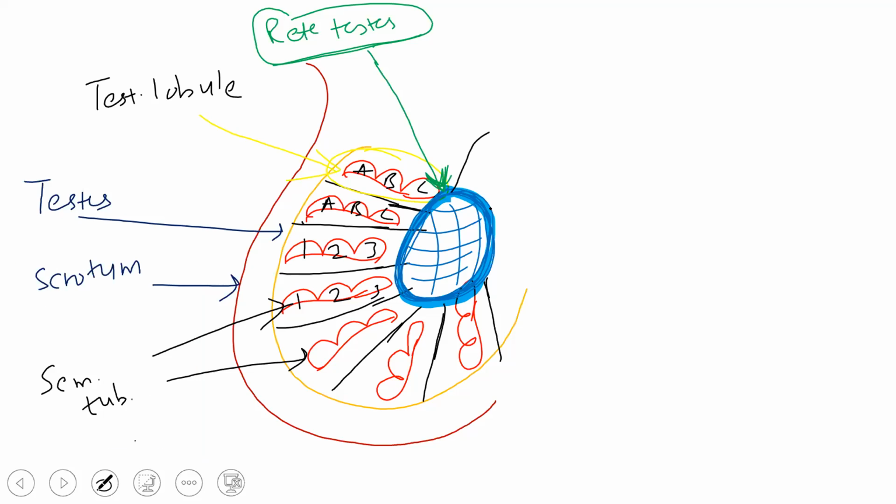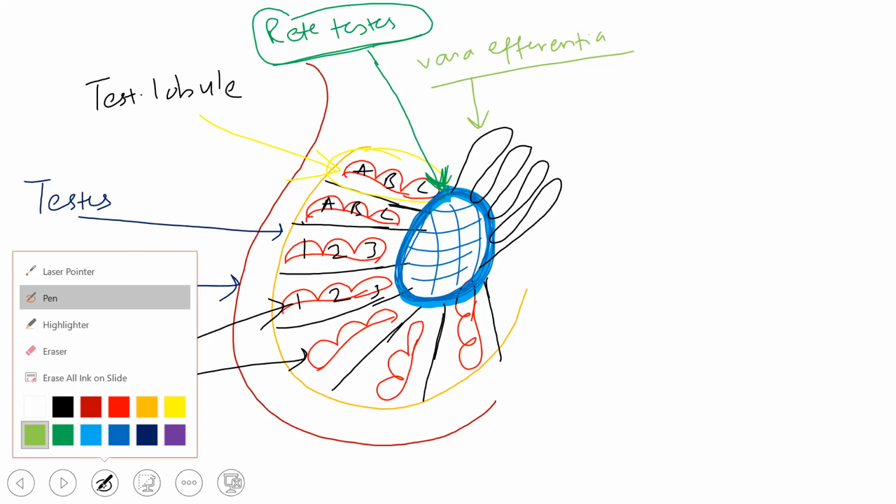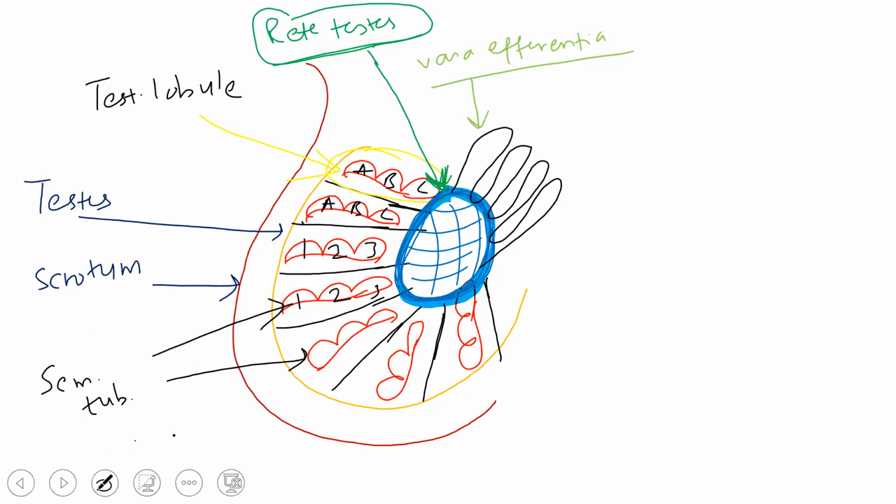Will be in this manner so many of these will arise. This is vasa efferentia. Got it? Textbook 93.1 is trying to show the same thing, but it's not clear. And from vasa efferentia, there will be